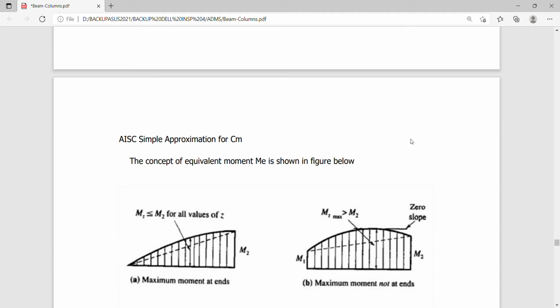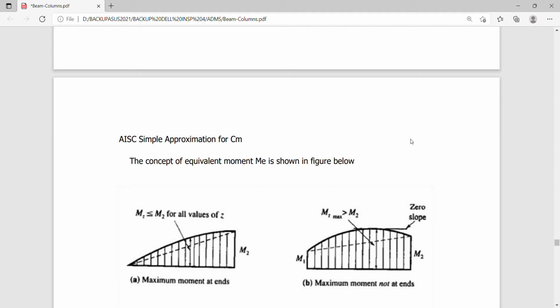Good day, guys. We now continue on the conceptual presentation regarding the amplification factor on the basis of how the AISC formulated the value of Cm. But before we move over directly to the suggestion of the AISC based on a research study, the concept of